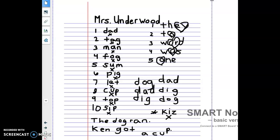Hello, it's time to work on some more spelling words this week. So as you know, we will take a spelling test every Thursday. Your spelling test will look like this. You'll be given 10 words that you need to mark. However, we've been practicing them. Right now, we've just been marking short vowels, so that's all you'll be asked to mark on your spelling test